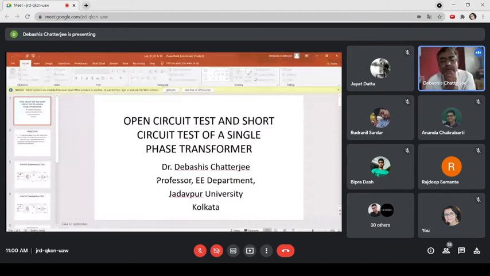I will switch on my camera. This is only because I didn't see you and you didn't see me. But I am just removing the camera. Let's see if the bandwidth allows the sound to be transmitted properly.